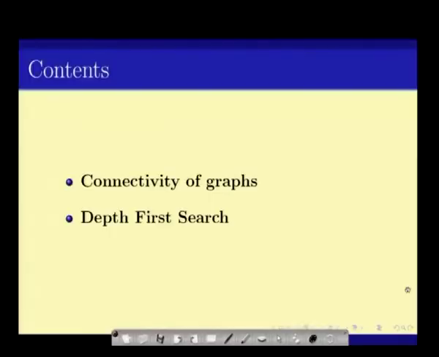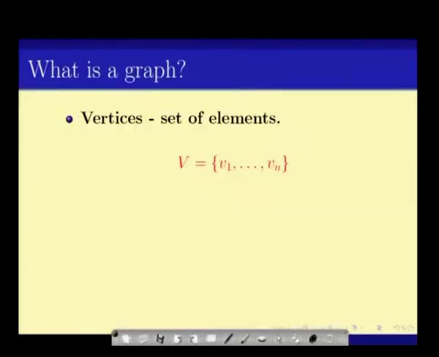Welcome to the UGC lecture series in computer science, and the topic is algorithms. In the last lecture, we had seen graphs and some of their applications. So, today we will be looking at the connectivity of graphs, and then we will be looking at the depth first search algorithm. To recall, a graph is given by a set of vertices v1 to vn and a